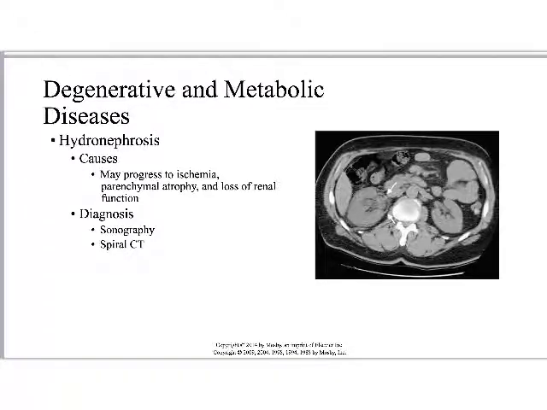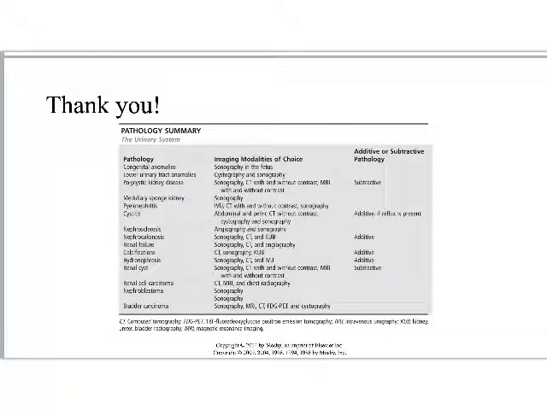If this is a persistent condition, this can result in loss of the kidney. Right? You can have kidney problems that wind up just repeating and repeating, as some of us know full well, and the kidney starts to atrophy. Diagnosis, typically sonography or spiral CT, right? It's going to be our friends for best seeing this. And in fact, this entire chapter, with the exception of the stuff on cancer, is pretty much more of a conversation about CT and ultrasound than it is necessarily about X-ray. So in terms of the X-ray stuff that we need to know, the technique-wise type stuff,